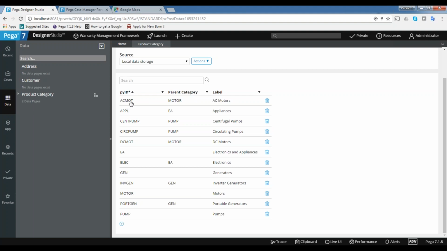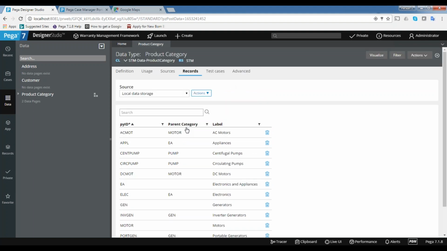Within the motors I have two types of motors. You can see AC motors is there, and then somewhere you can see DC motors is there. Both come under motor as the parent category. So this is the sample data for the categories, and in each category I will have products. Say I want to display mobile models, you need to display brand names like Samsung, iPhones, Apple, and in each brand you can have some more models. In the same way, you first select the category to display the products.